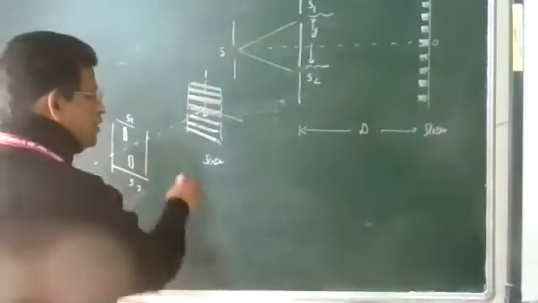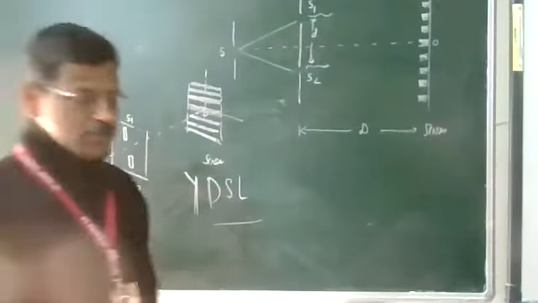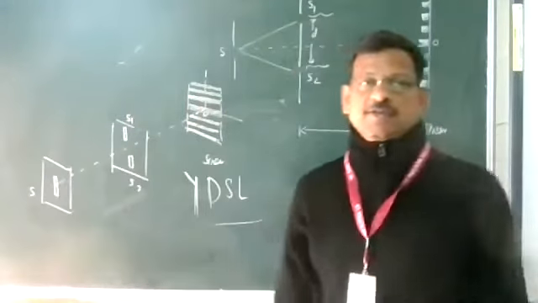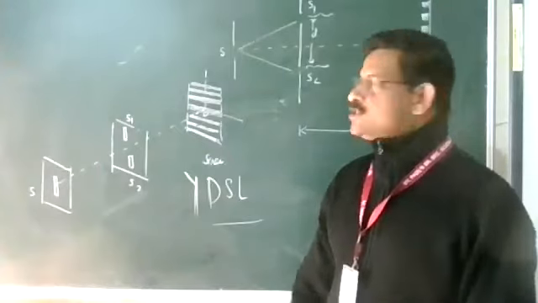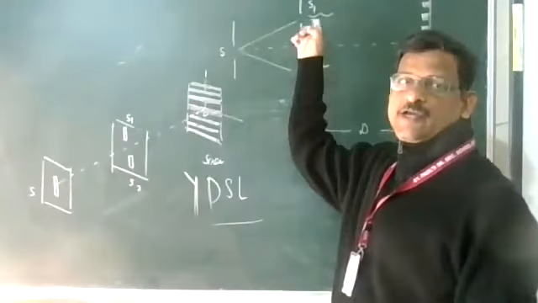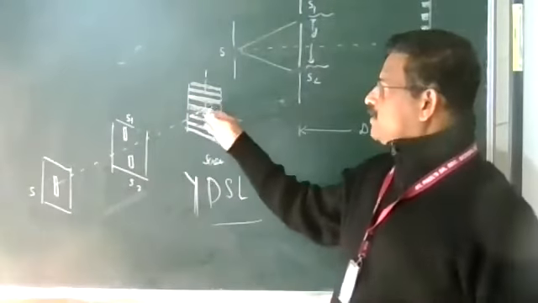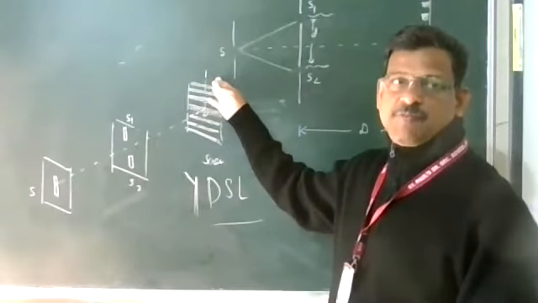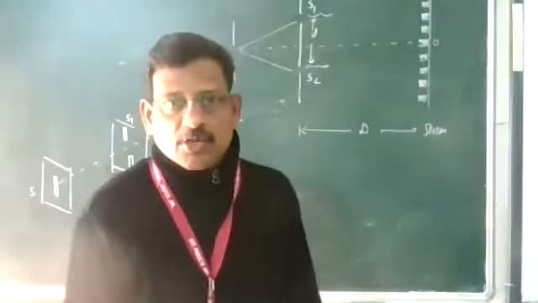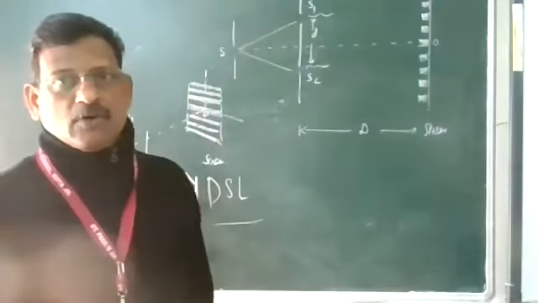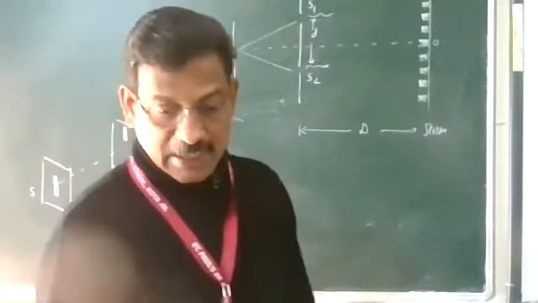Okay, so this is your Young's double slit. So this is the practical way of producing coherent sources. Next, we are going to write the wave equation for the light from S1 and S2. And what are the points on the screen where it gets maximum and minimum? That distance we measure from the center. Above and below, at which points we will get maximum and at which points minimum. So we'll measure the distance from the center. Okay, we are going for that.